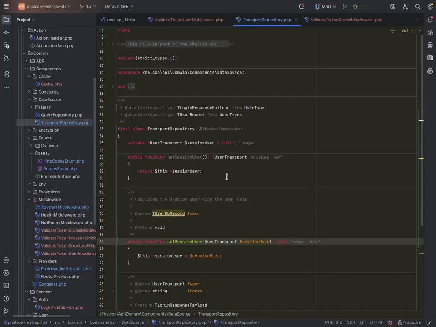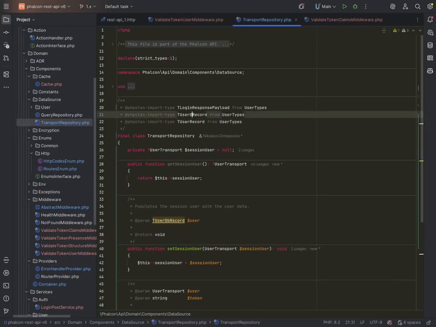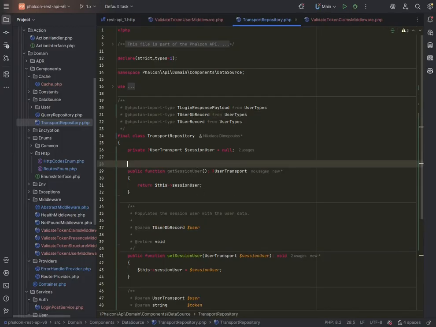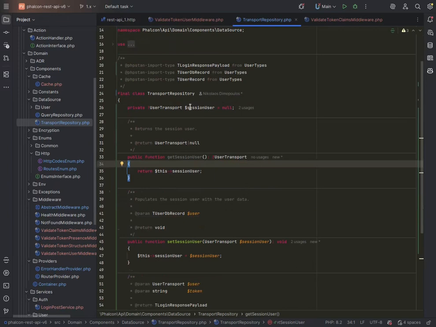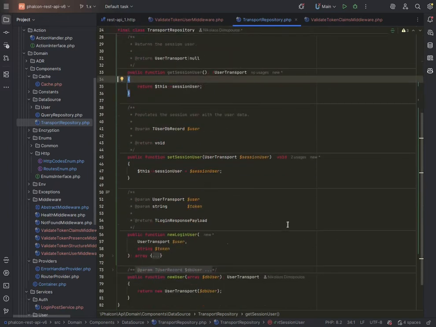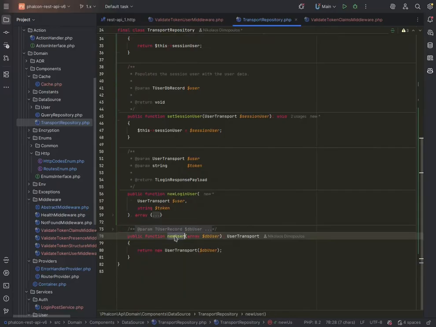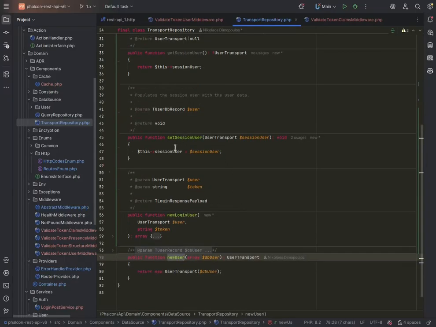Session user there. We need dbrega. Yep. And then this one will be, let me just copy the comment here. Okay. So we have these two in the transport. Okay. Now the ability exists to store a user transport, which is the outcome of this method, into one of